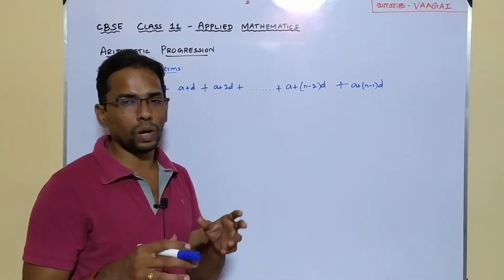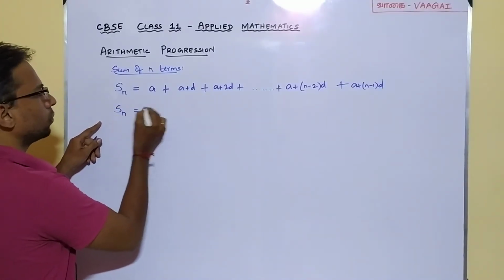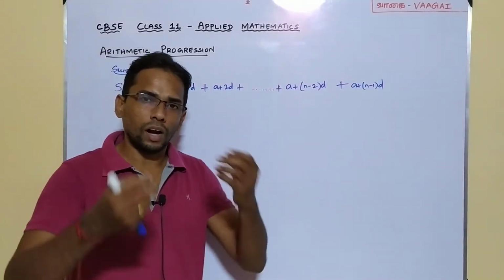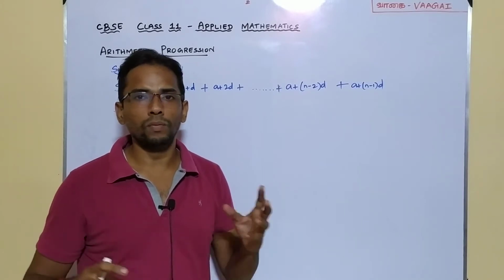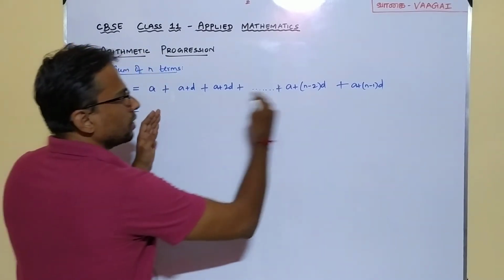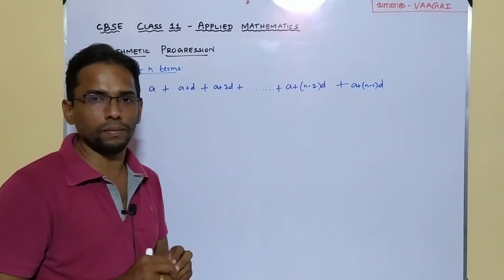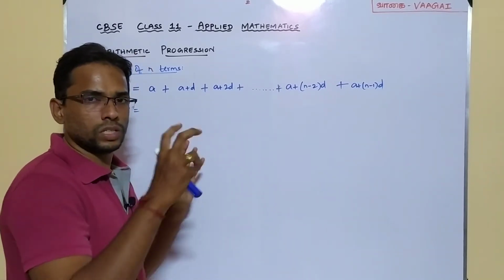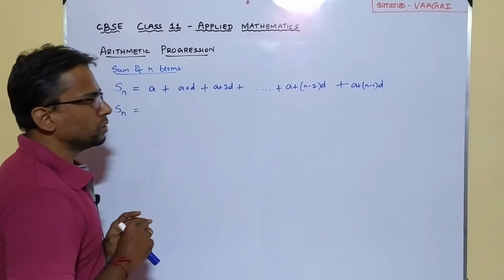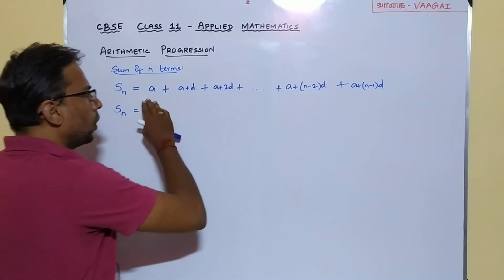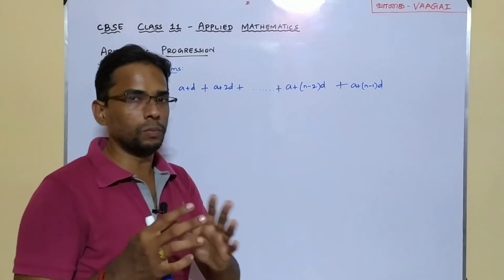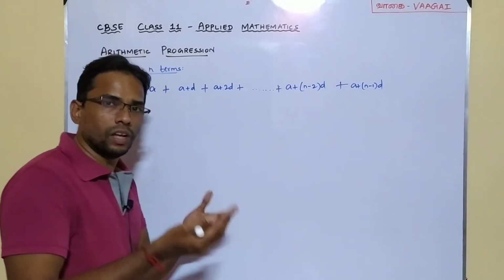In order to do that, what I'm going to do now is construct another Sn. So this is Sn and I'm going to construct another Sn. That is, in simple words, I'm going to rewrite the same thing but in a different manner. Let's closely observe what is done here. I'm going to write all these terms exactly in the reverse order. I hope you are able to understand it. So I'm going to write it in the reverse order.